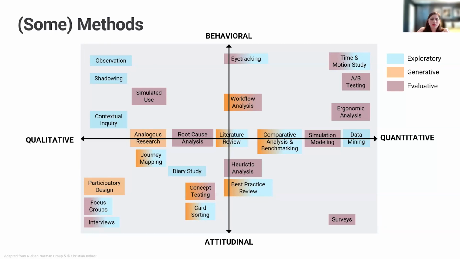And then finally, evaluative is looking at a specific design or a specific idea and trying to assess its fit with your stakeholders. This could be from an opinion standpoint, but it could also be from a functionality standpoint. One example would be an ergonomic analysis where you might be measuring how much force someone can provide or how quickly they can move, in order to see if what you've designed, let's say a door that needs to open, is going to be conducive for the population who needs to use it.